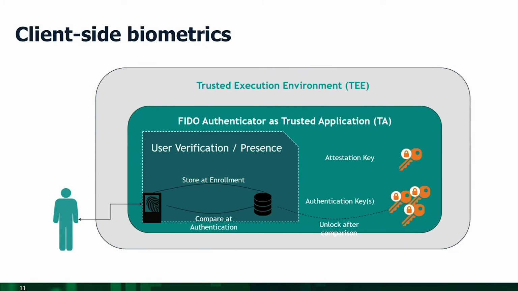So the user has a high degree of confidence that unless somebody has physically, and I do mean physically, like cutting open the plastic and so on, gotten into the hardware, then they can trust that it's doing the right thing. One part that's common, I'll point out here on the right, and I'll talk a bit more about this shortly: when an unlock has happened, you'll notice that there's something called an attestation key and then the authentication keys. And I'll cover those in a little more detail shortly.